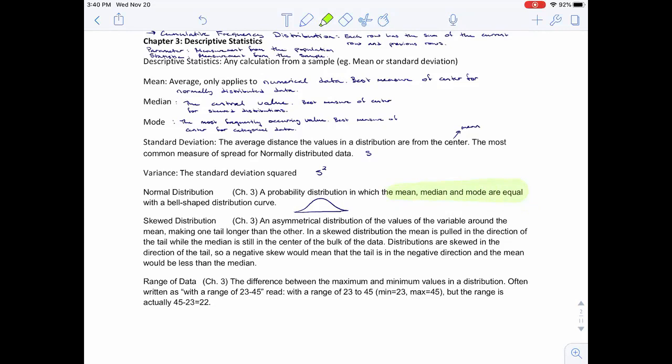So then a skewed distribution, right, is an asymmetrical distribution, and it's a little bit counterintuitive because it's always skewed in the direction of the tail, right? And so there are two questions where you have to think about, okay, one where it gives you the mean and the median, and you have to figure out, okay, well, what's the distribution here? And then one just gives you the scenario, and you have to figure out what the distribution might be, right? And so what happens is,